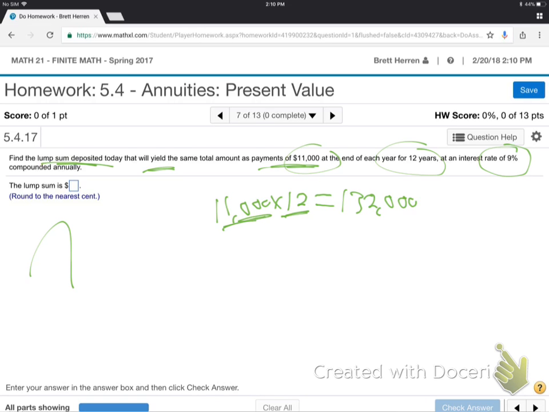$132,000, remember right after the Great Depression, how everybody stopped using banks because they were afraid of them? I don't blame them. I probably would too if they took all my money, and I'd be nervous of banks. Anyway, and stuck them in their mattress. So if I took $132,000 and stuck it in my mattress, be very comfortable. $132,000 stuck in the mattress so that it knows no interest, I'm saying, and just pulled off 11,000 every year